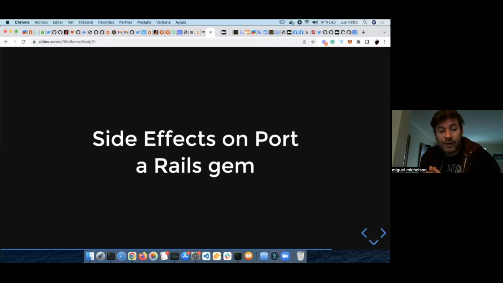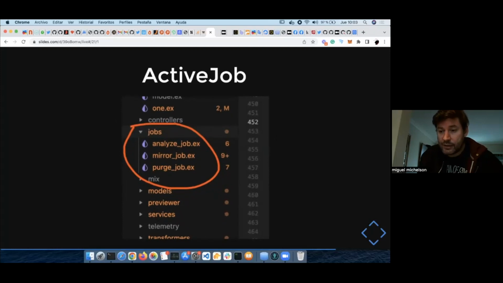It depends on some other higher level libraries. In ActiveStorage, there are at least 3 jobs, those background processing jobs that are used to analyze, to mirror, or purge the records. These use a technology called ActiveJob.